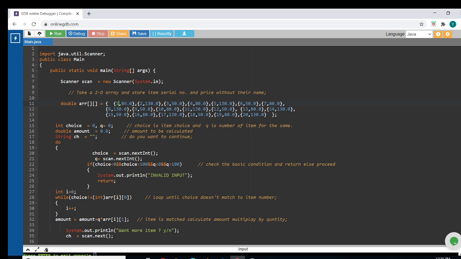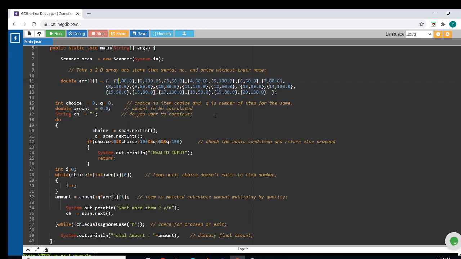So we are simply taking the serial number and the corresponding price. If the serial number is 1, the price is 80. If serial number is 2, the price is 130, and serial number 3, the price is 50. In a similar manner we have taken all values. There were 20 items given there.